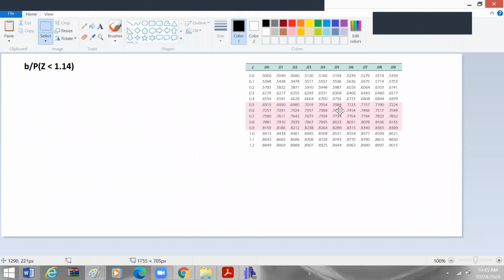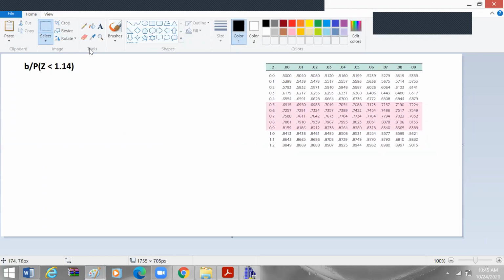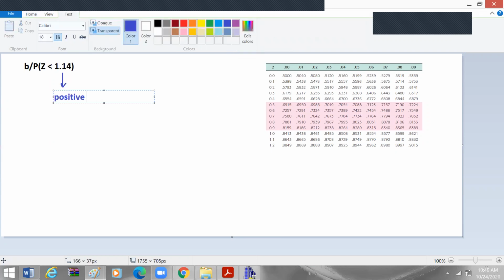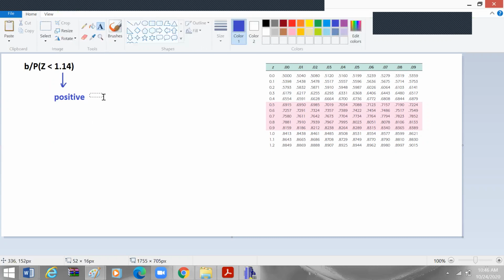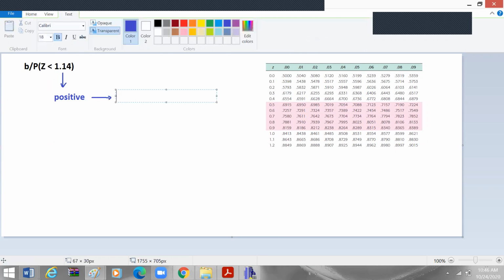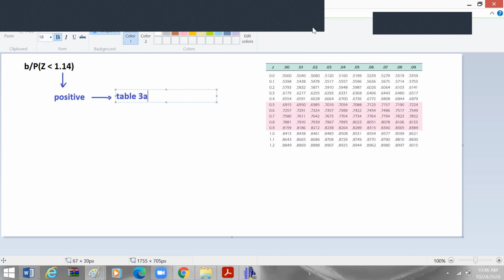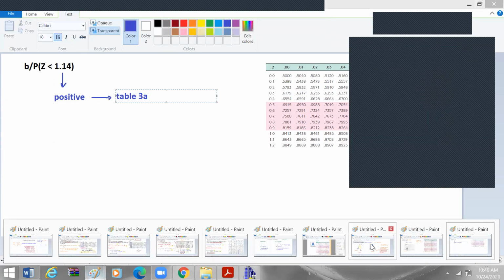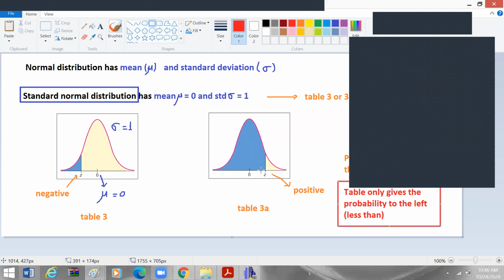Now, what is the first step that we need to do? Do we agree this one is positive? If it's positive, what's happening? You have to go to table 3A. Very good. Then we're going to go to table number 3A. Why table 3A? Because it's positive. As simple as that. It's positive, so the arrow still goes to the left side, but